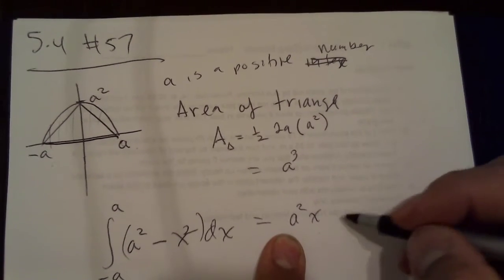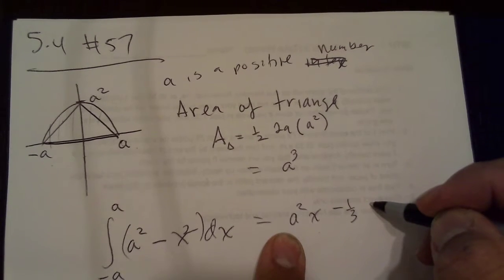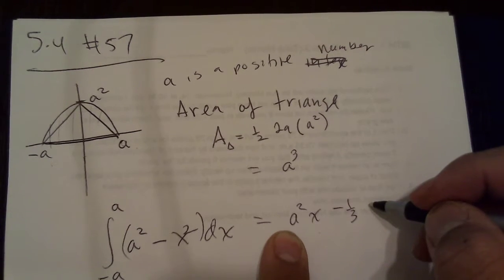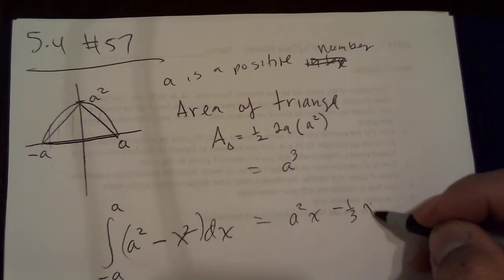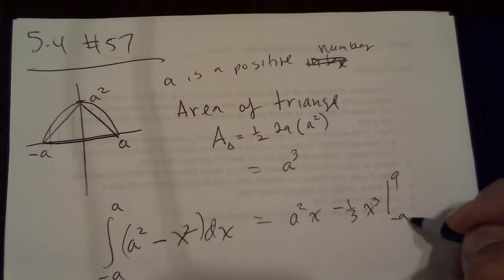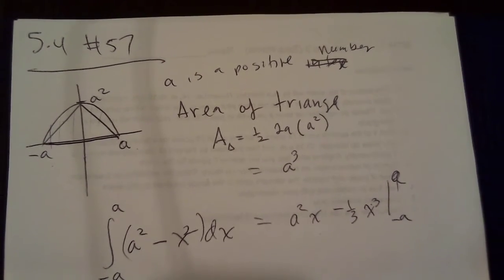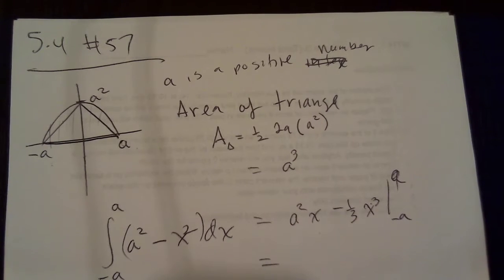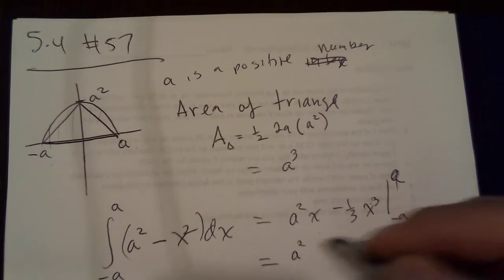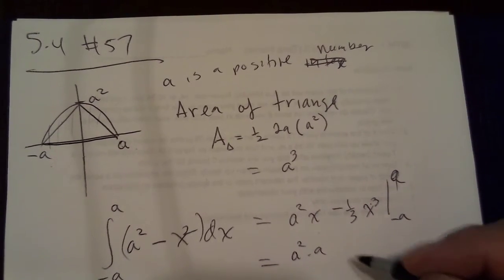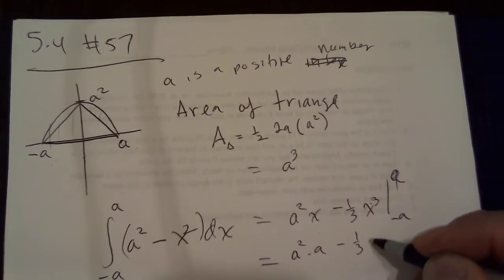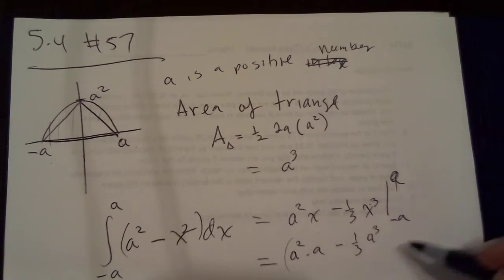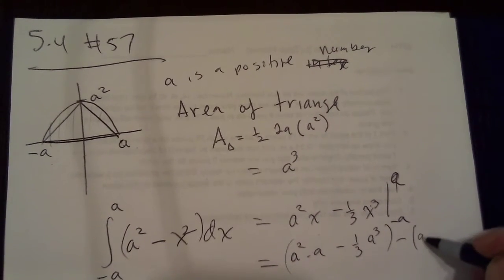So that'll be a squared x minus 1/3 x cubed from negative a to a. Then plugging in the values, we get a squared times a minus 1/3 a cubed minus